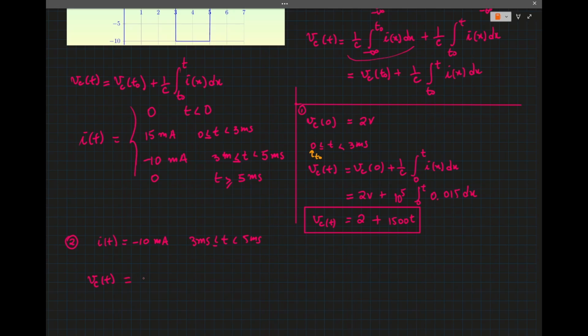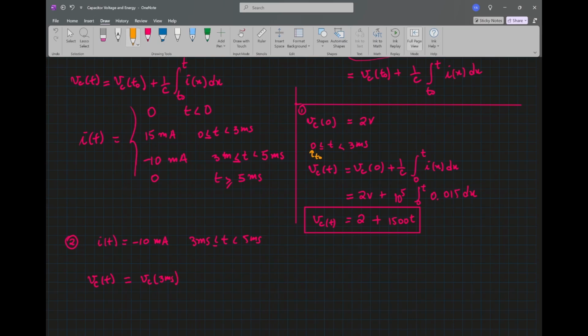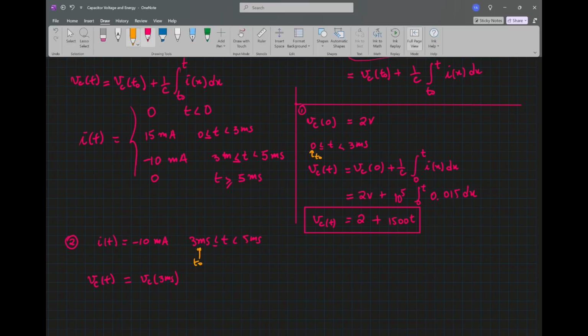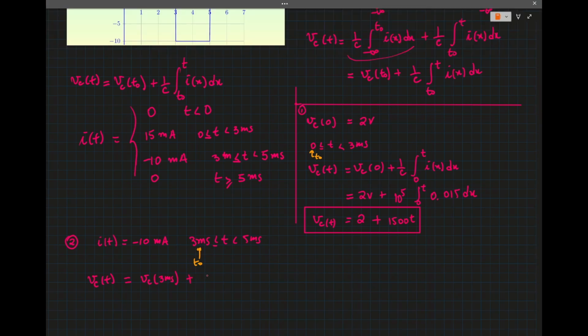That will be VC of 3 millisecond, right? So that's my t0. Now plus 10 to the 5, which is 1 over C, and to go from 3 millisecond to t